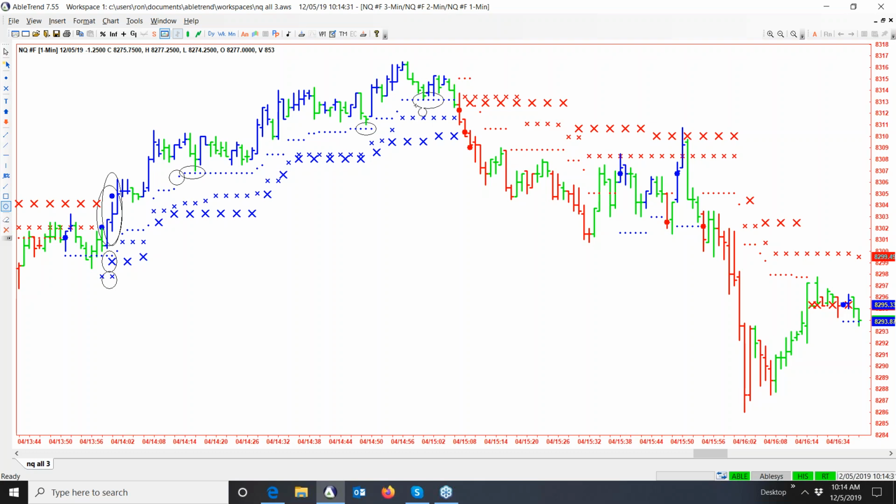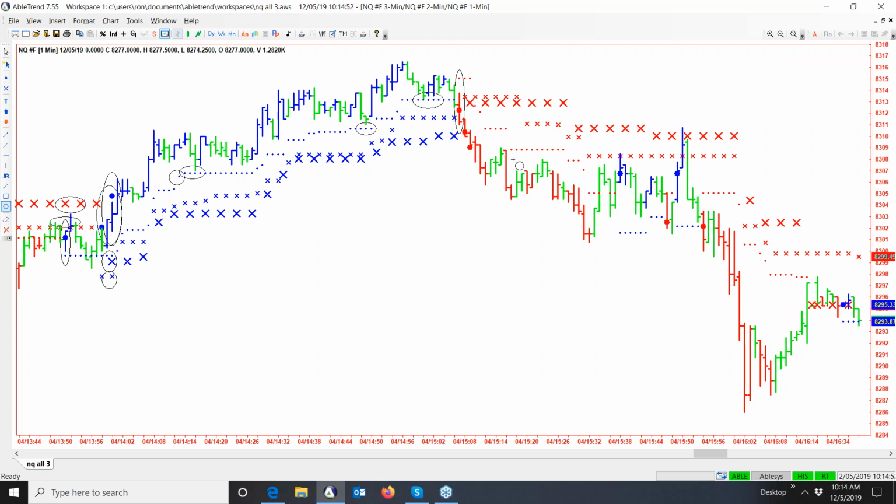So either that comes in, or if a red bar comes in, red means opposite trend. The first red bar with the big red dot on the 1 minute chart just means trend change. The first blue bar with the blue dot means trend change to the upside. Obviously, blue is up, red is down. But you say, oh, you don't take the trade here? No way. You got red X's above.